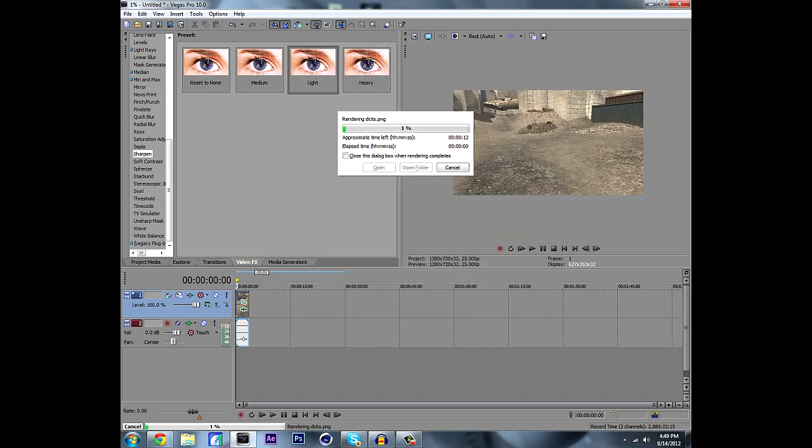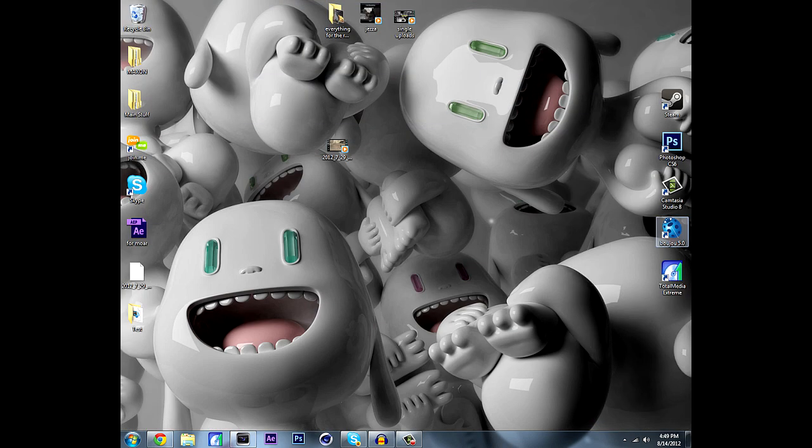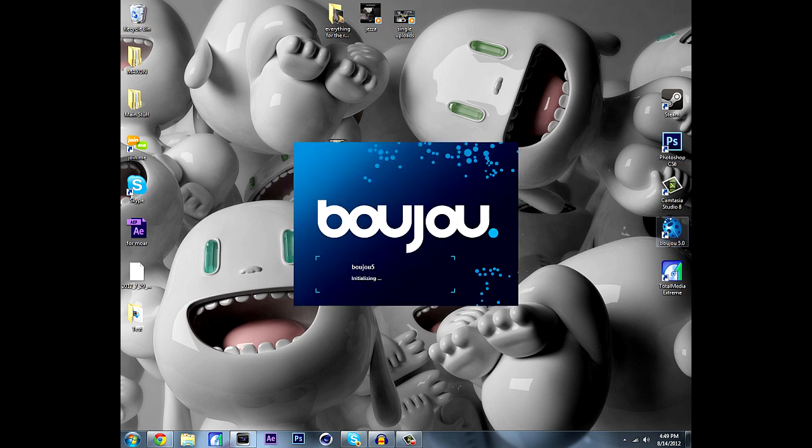And then you save it, and then it renders out, and this usually takes a little bit longer because you're rendering more. You're rendering each frame out. But then after this, I'll go ahead and open Buju. This is Vegas, Buju to Cinema 4D to After Effects if you want to go to After Effects, but there's not really